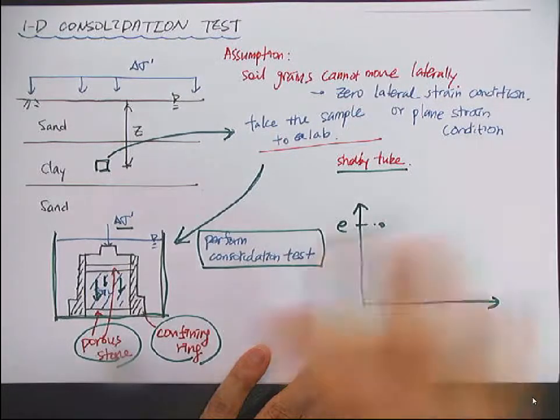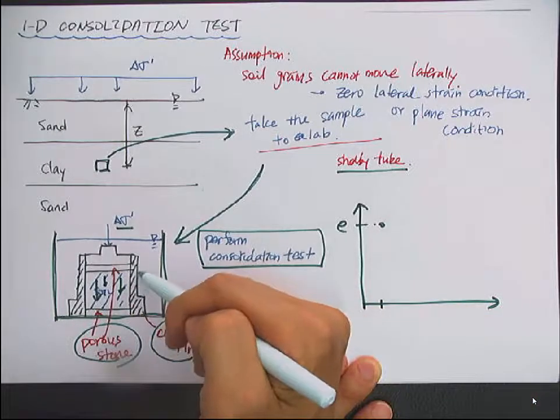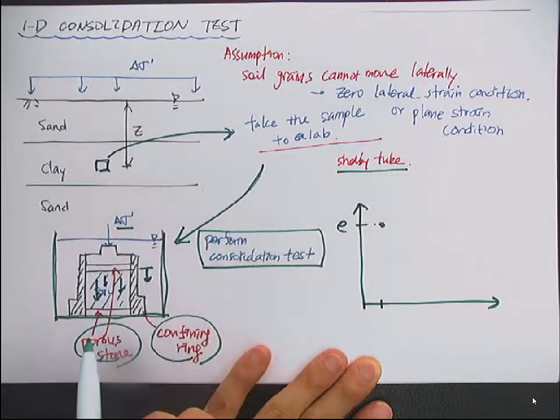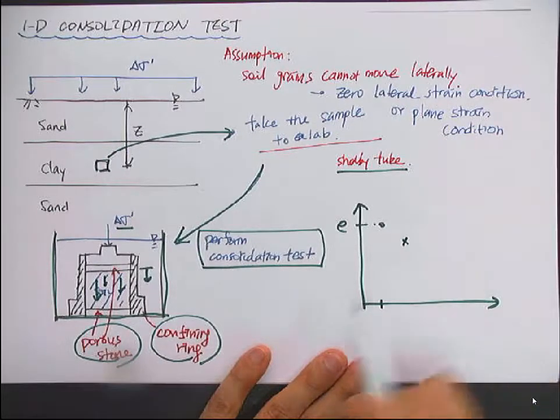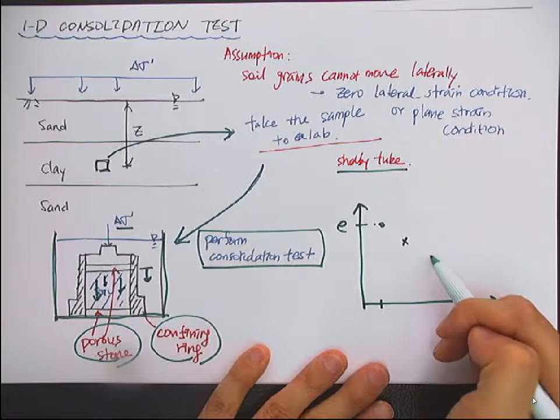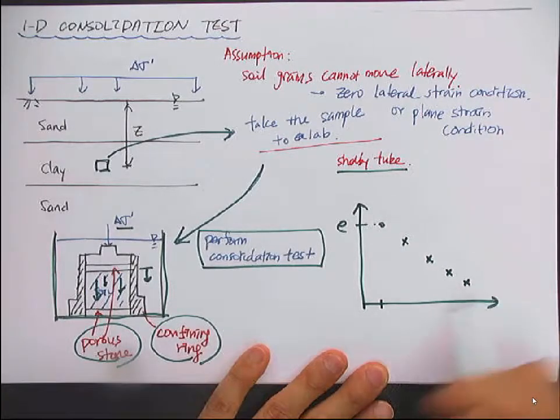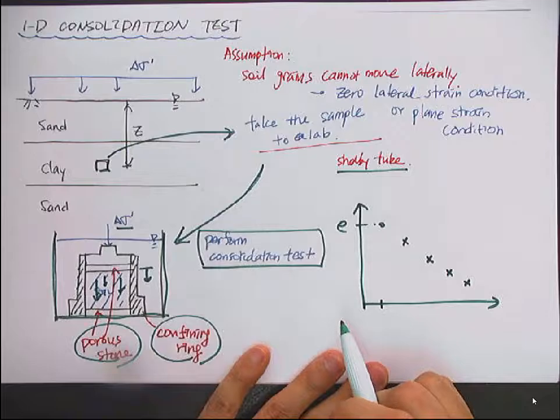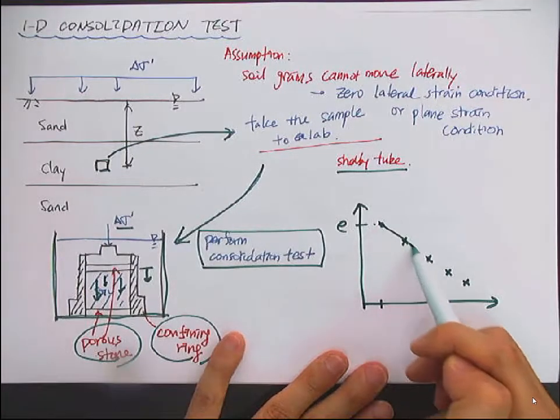Because of the additional stress, the height will decrease, which means that you have a decrease in void ratio. So you have another point, and you repeat the loading steps, 3 or 4, no, up to 6 steps, then you get the curve